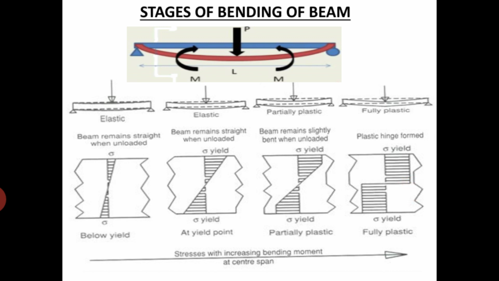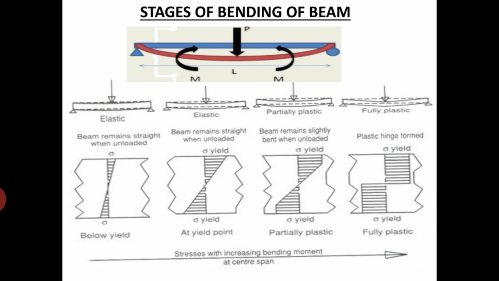Suppose the section is a thin walled section, like a slender section, it may fail by local buckling even before reaching the yield stress. Then the ratio of ultimate rotation to yield rotation is called the rotation capacity. So whatever section classification I am going to make next depends entirely on these stages of bending of a beam.